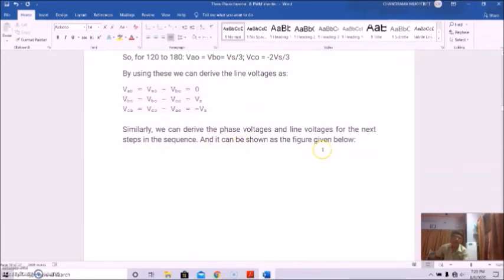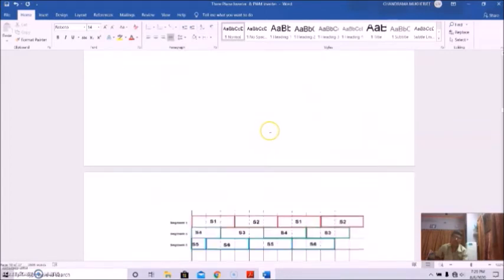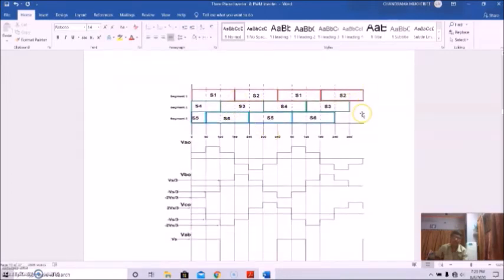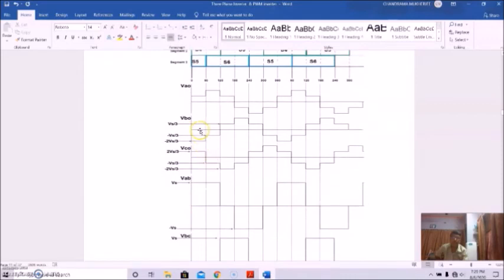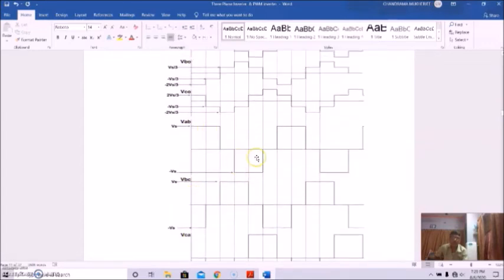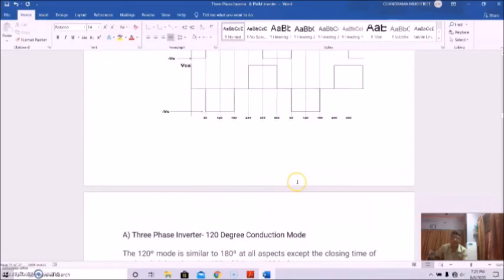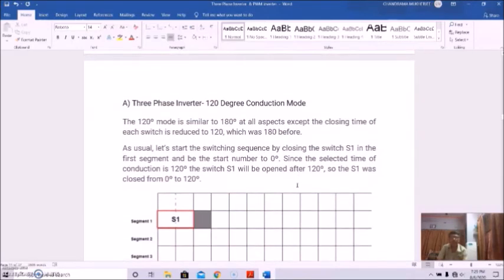So similarly, we can derive the phase voltages and the line voltages for the next steps in the sequence, and it can be shown like this. So this is the sequence, and these are the waveforms for VAO, VBO, and VCO, and these are the line voltages VAB, VBC, and VCA. So this is all about the 180 degree conduction mode, and for 120 degree conduction mode,